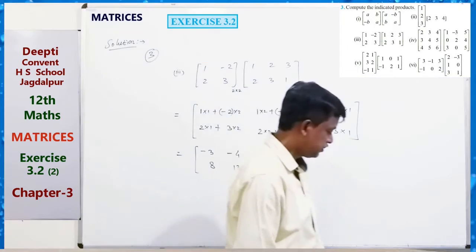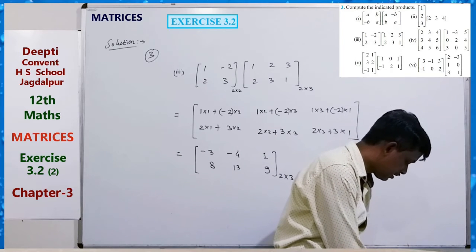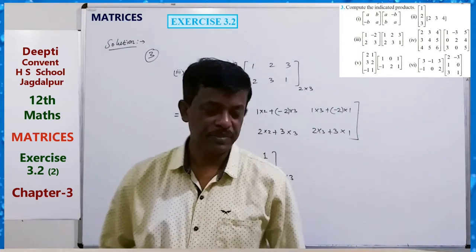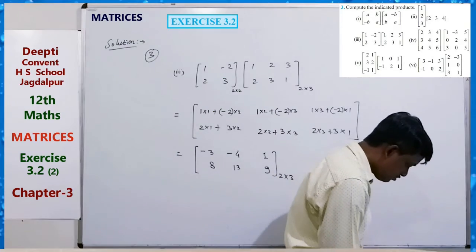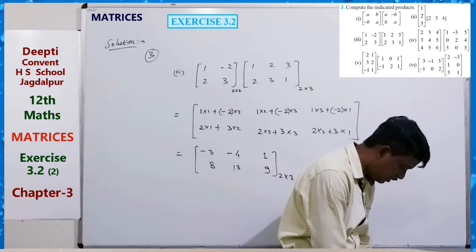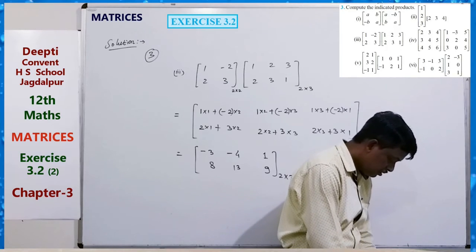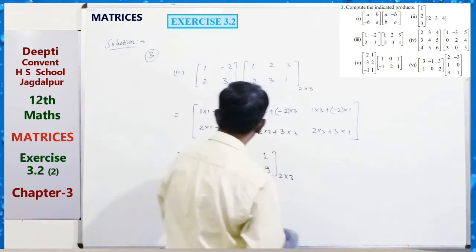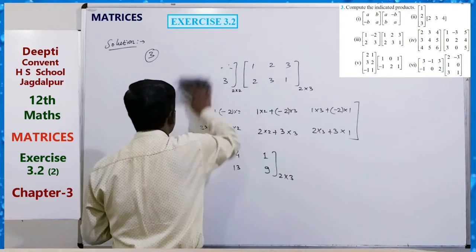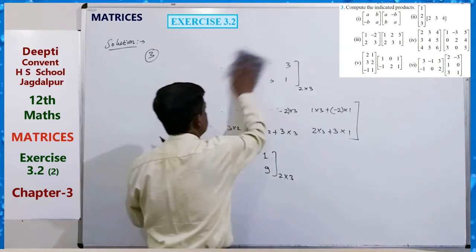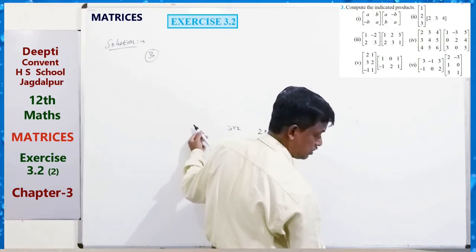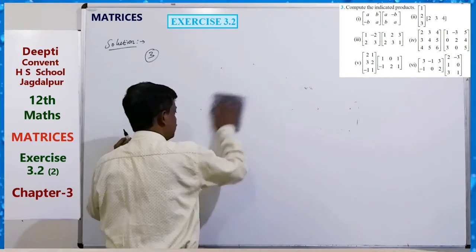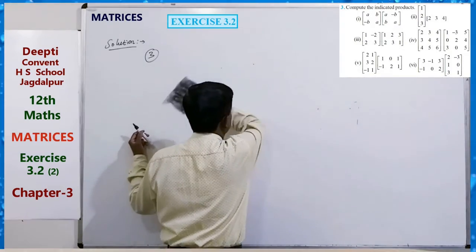Very simple. Just do all the remaining multiplications, the 4th, 5th and 6th. You can do it. The next question is the 4th question, and then the 5th can also be done. For the fifth, you can do it: a 3 by 3 matrix, and then 3 by 2 and 2 by 2 means you will get a 3 by 2 matrix.